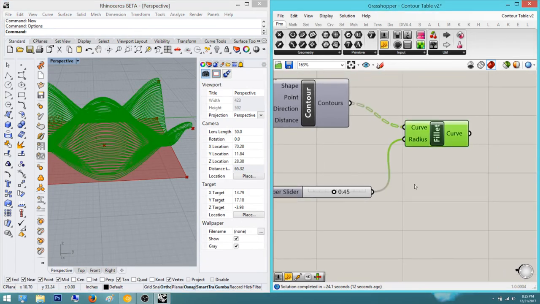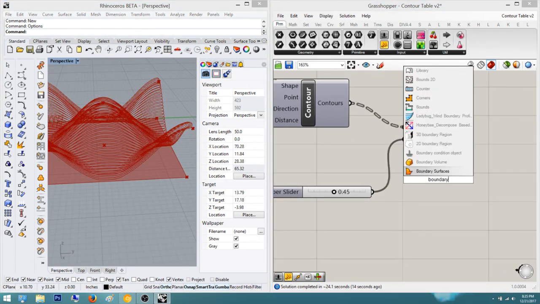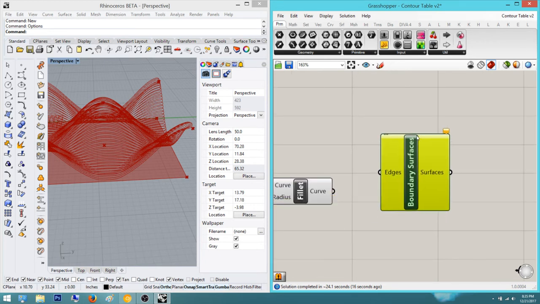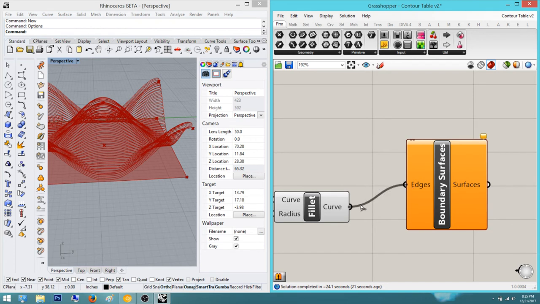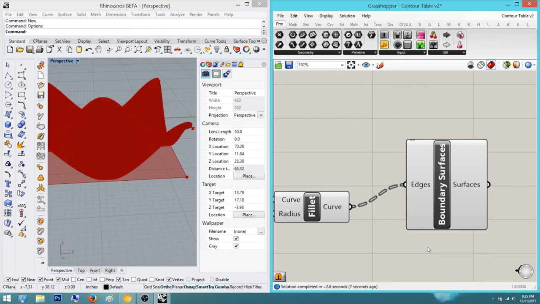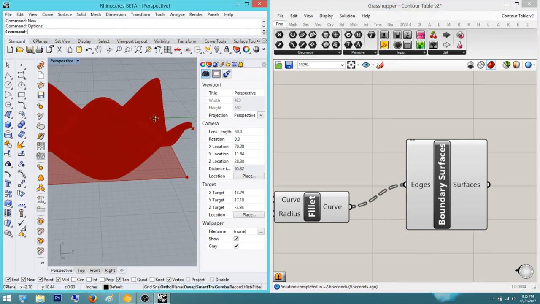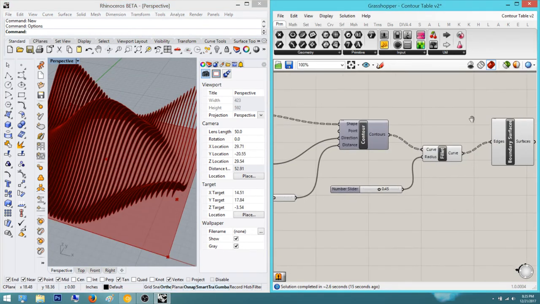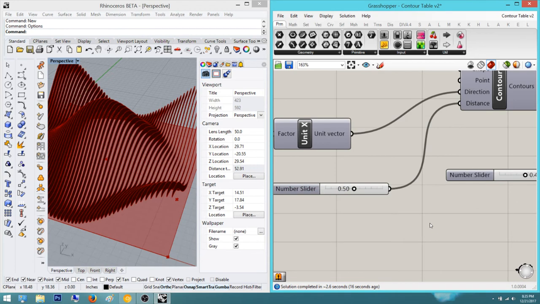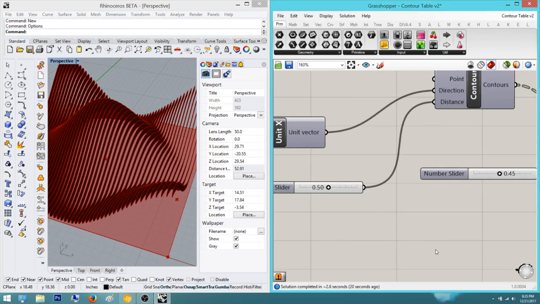Let's just do a boundary surface. I tried typing boundary surface in one of the videos into Rhino, and I remembered that's not a command. We just do create a surface. As you can see, it creates a surface. Nice. Now, we know that each contour distance is 0.5. So I'm always going to make the thickness of this,